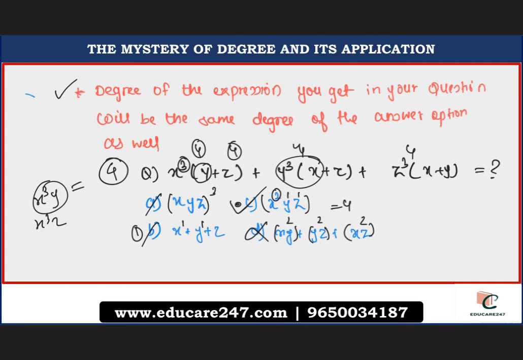I do not even want to solve it because I know for a fact that this is applicable for any polynomial and any expression. So straight away your answer should be 4. So you saw we did no substitution, no fancy equation work over here, and we still got the answer using a simple concept of degrees. So we'll solve some questions so that you have a complete clarity about this concept.